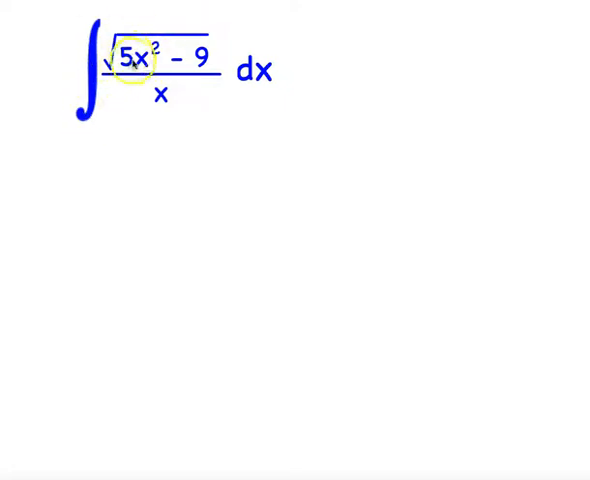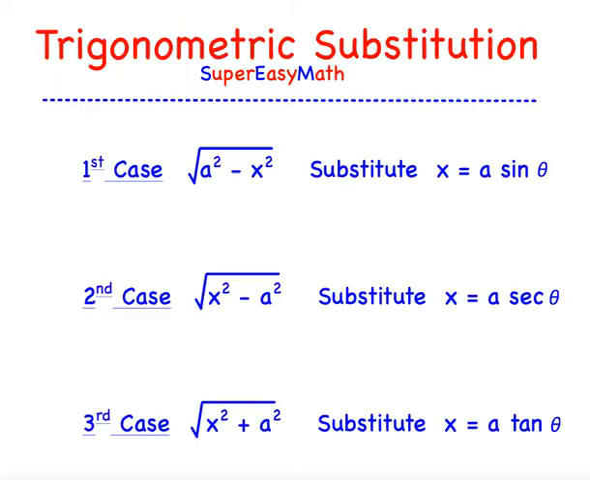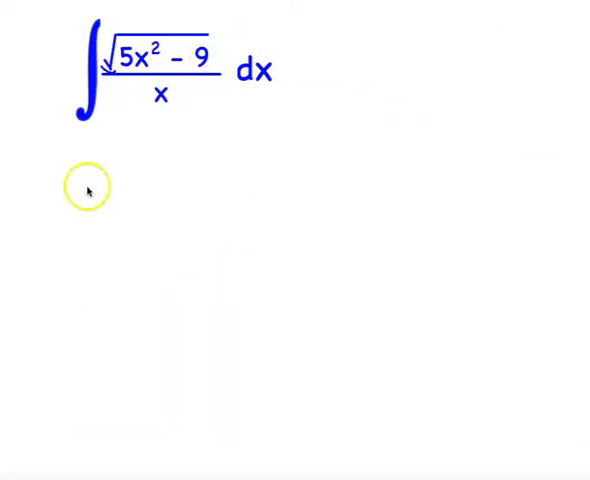Integral of radical 5x squared minus 9 over x dx. So we have a square root and x squared, then it's a trigonometric substitution. Just a note, in trigonometric substitution the coefficient of x squared is always 1. Here also. So in our case the coefficient here is 5, so we need to take out this 5 outside